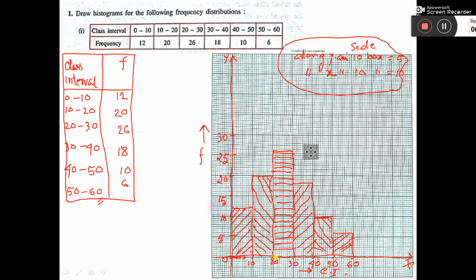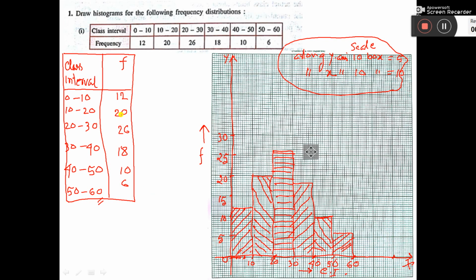And if I consider 10 here, let's say at the 20 place I am considering 10, then at the 40 place 20, then 30, then 40, then where will I put 50 and where will 60 go? It will be out of the page. So you have to consider it in such a way that it covers more than 2/3 of the page.